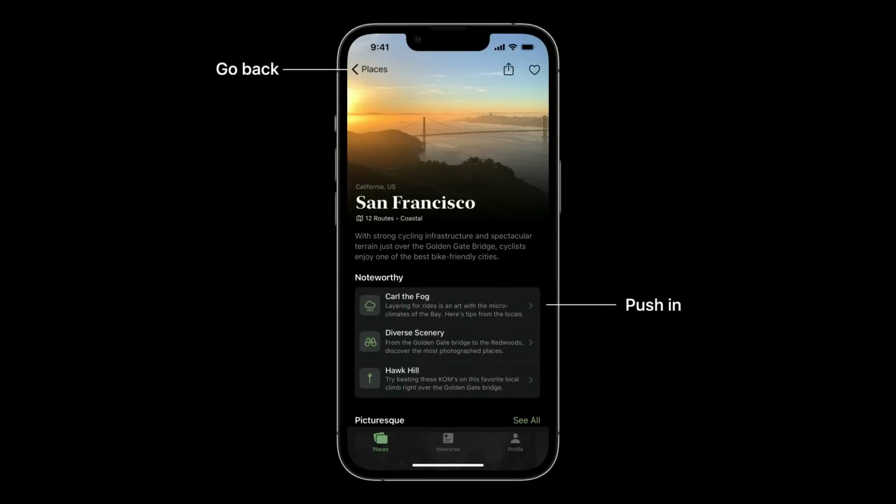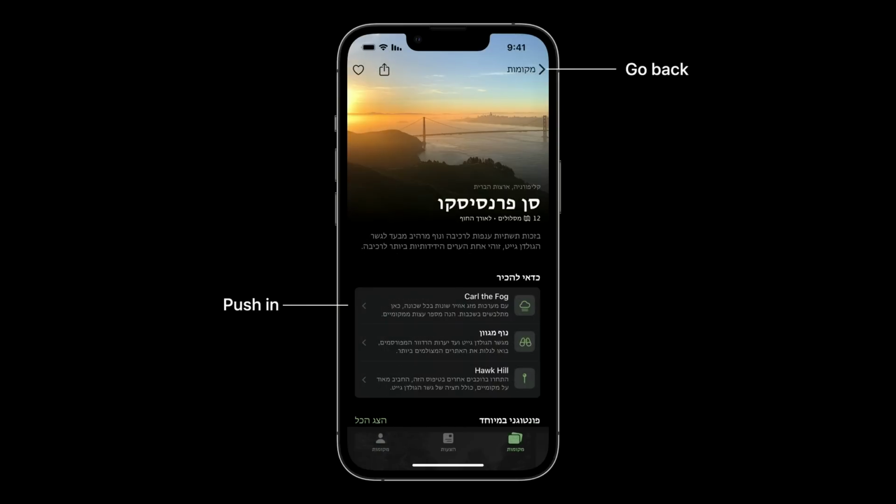The concept of pushing maps to our mental model of progression. In Western cultures, we read left to right, and that direction indicates progress. But in right-to-left languages, such as Arabic and Hebrew, the mental model of progress is flowing in the other direction. If your app supports right-to-left languages, then the transition of pushing is flipped to create an association with the flow of content.